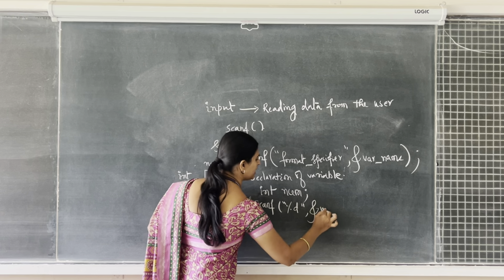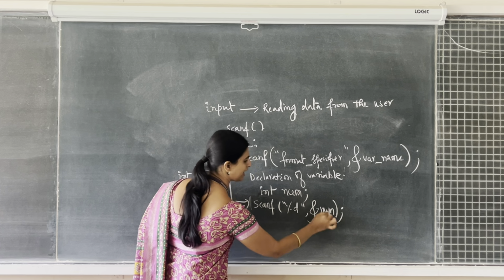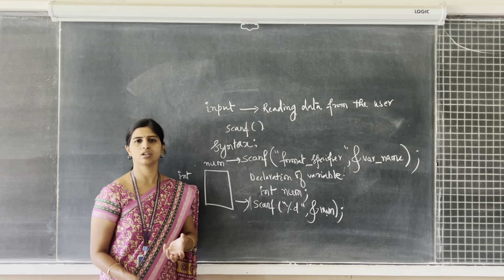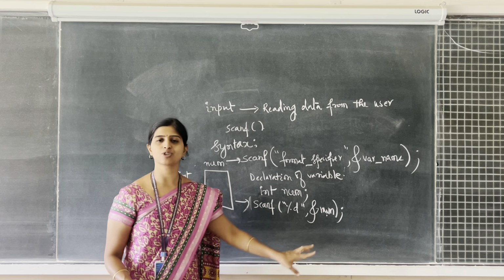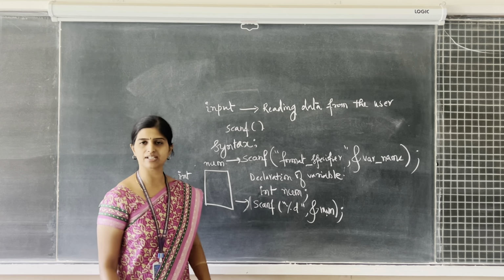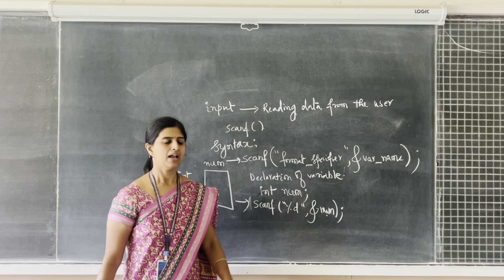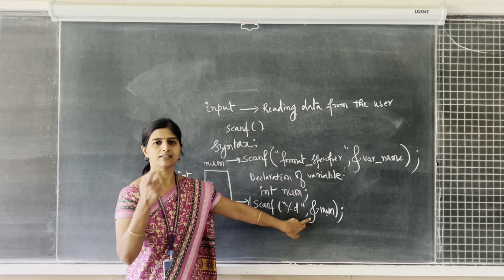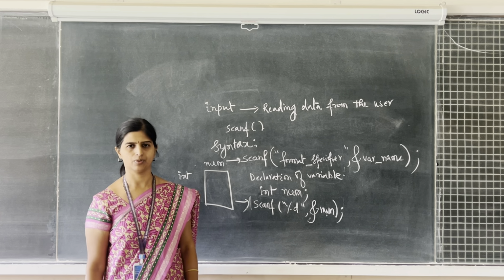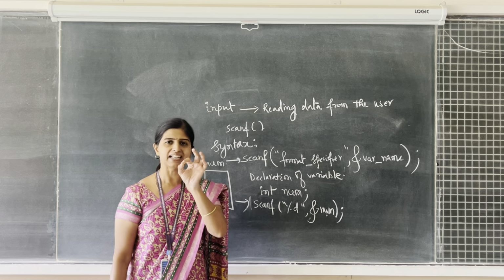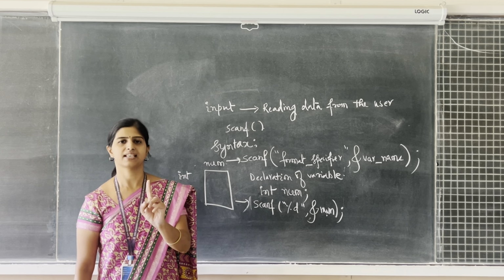That should be written as it is, the way you have declared it, and this should match. There should not be any deviation between the name you take up in the declaration and the one you use in the scanf statement. Okay, students, please focus. Here, why am I using the ampersand? The ampersand basically indicates the address of the variable num within the memory location. It denotes the address. That is about scanf.